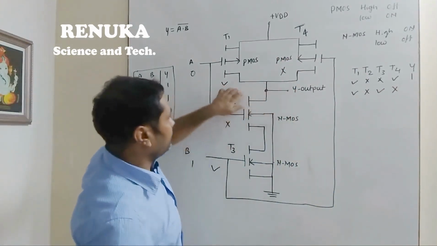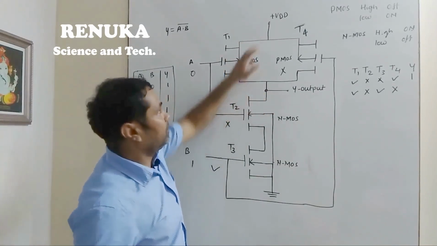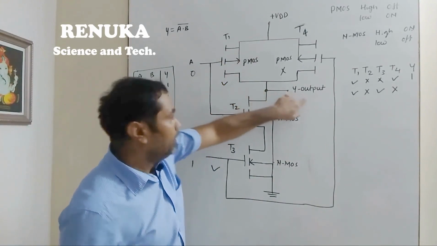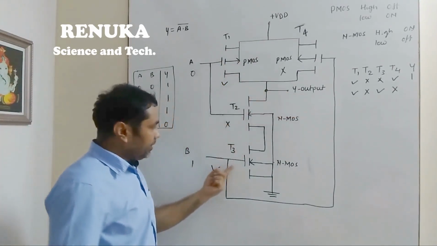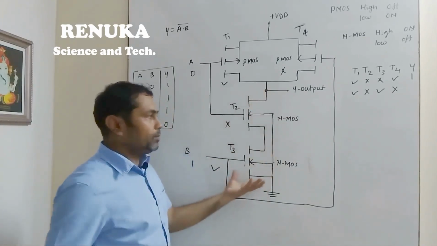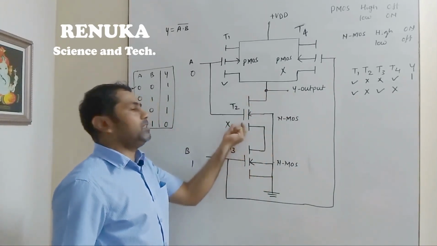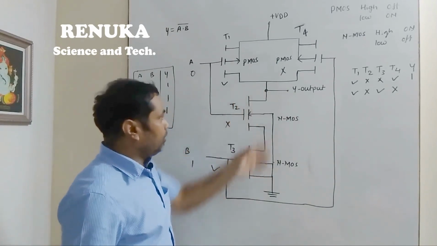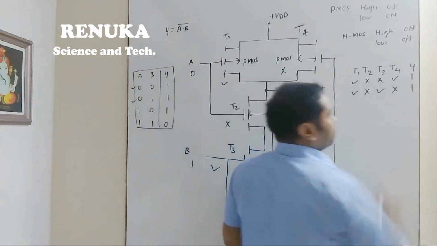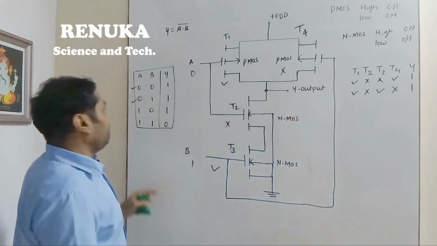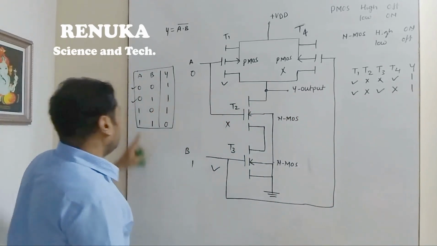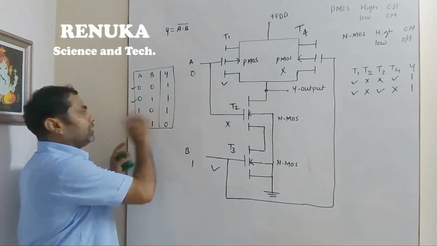In the parallel connection, if one of the paths is on, the current will still flow and it will be obtained at the output. In the series connection, T3 is on but T2 is off. So current conduction is not possible because in series one of the switches is off. So current will drop across it. So here the output is also 1. So for the second condition, if one of the inputs is high, the output is high. Second condition is satisfied. Let us check the third condition.